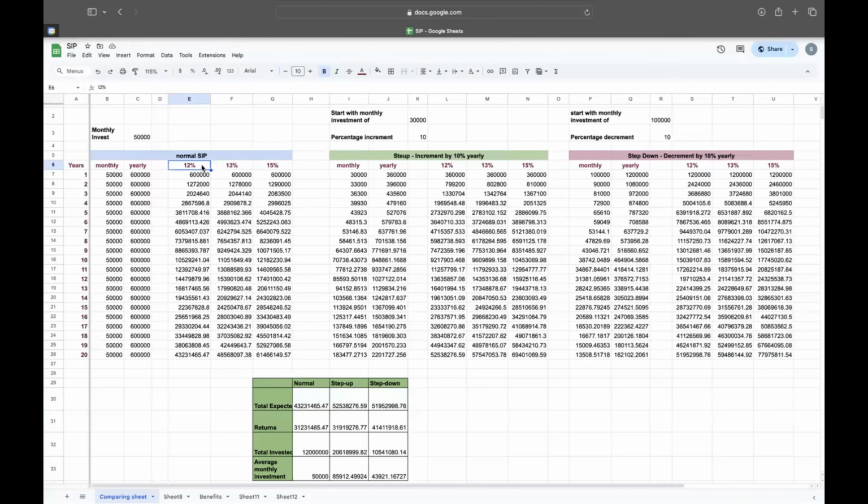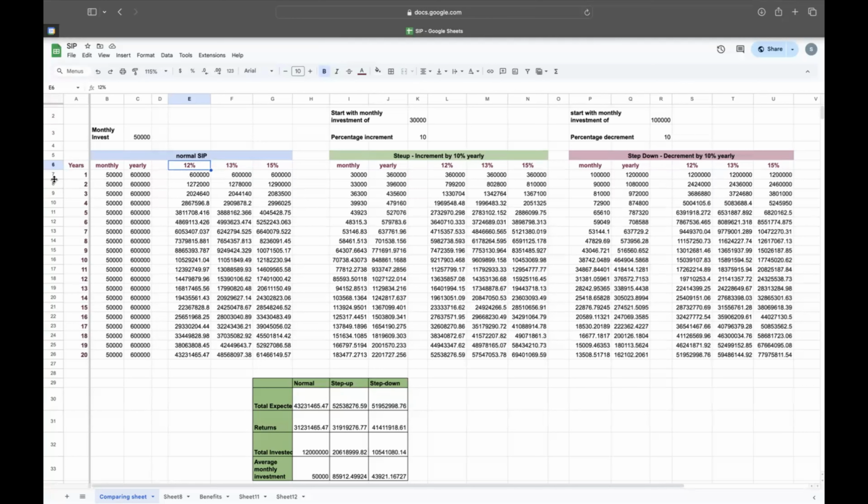I'm assuming 12% as the base because even if we choose an index fund, it will easily give us 12% in the long run. Again, this is an expected return but not a fixed one. It can vary slightly as well. But it shouldn't go below 12% because it is closely tied to India's GDP. If we are positive about India's growth, then yes, 12% is what we can expect as a minimum return.